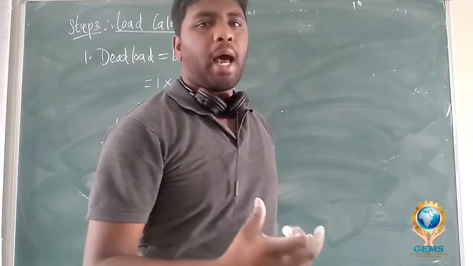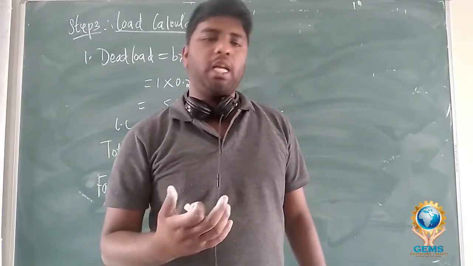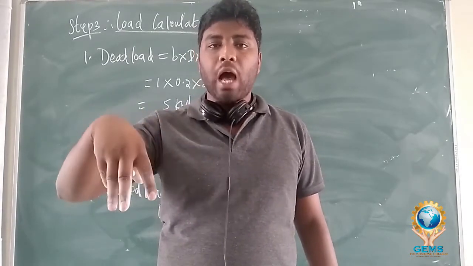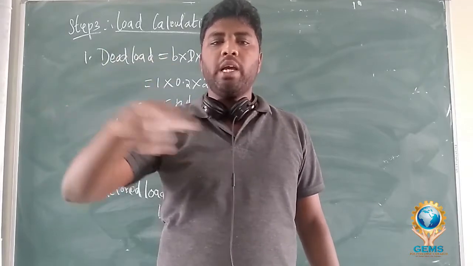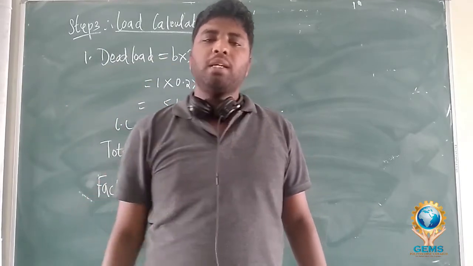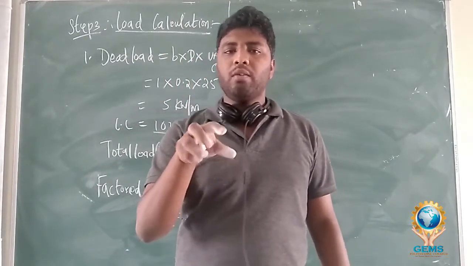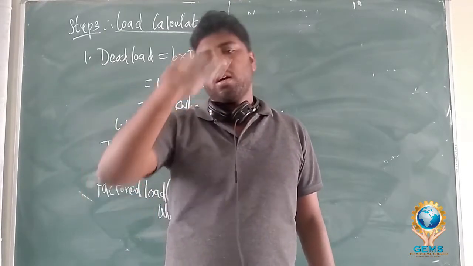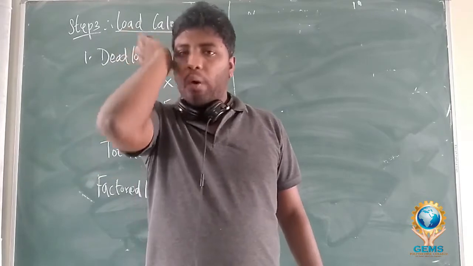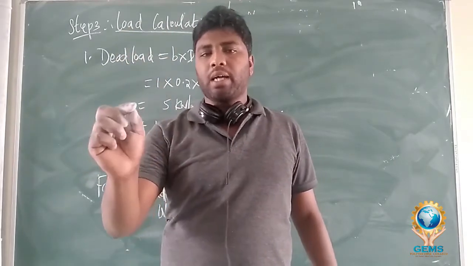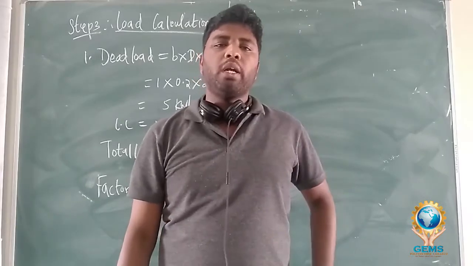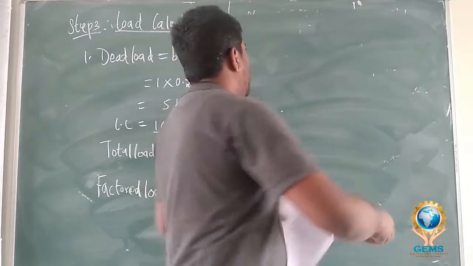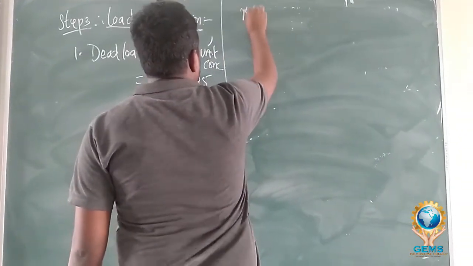But in two-way slab, the moment and area of steel calculation only vary, because in one-way slab, the moment acting on the slab is in only one direction, that is the x direction, the shorter span. But here in two-way slab, the moment will act due to the load in two directions, in your x direction and also in y direction. So we are going to calculate two moments, moment in x direction as Mx and moment in y direction as My. So we have to do the moment calculation.